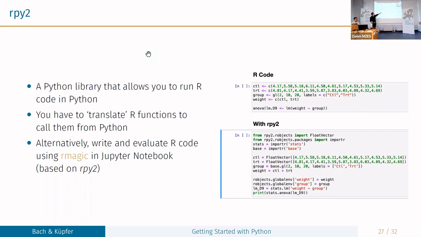And then you can write and evaluate plain standard R code, and you do not need to do this translation. It's still based on the RPy2 package, but this is another way to run R code in Jupyter Notebooks by using this R magic functionality.